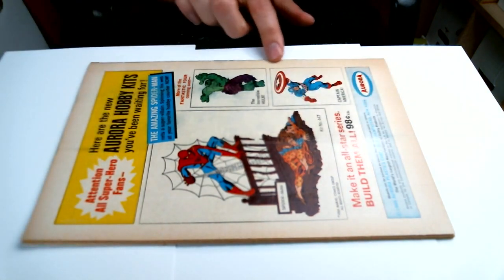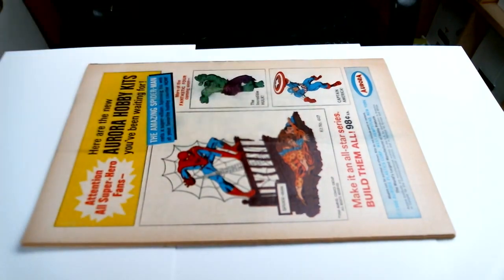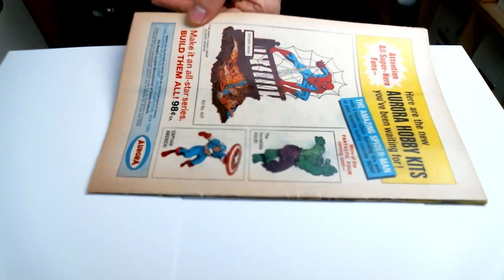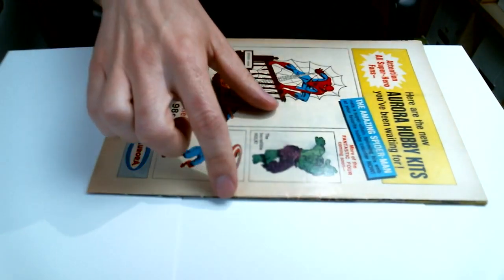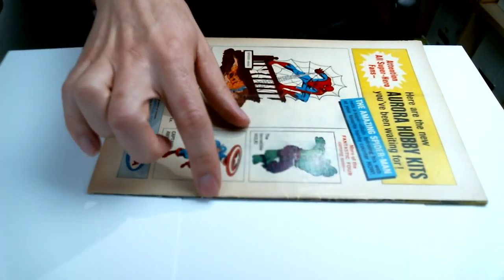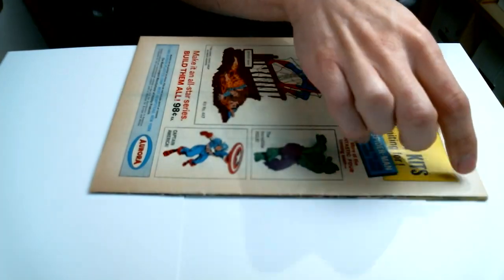Again, you can see the spine has, let's get this closer to you guys. The spine does have some spine ticks. It doesn't break color, obviously, because it's white. But you can see some of those spine ticks that you saw on the front come into the back. You can kind of see that